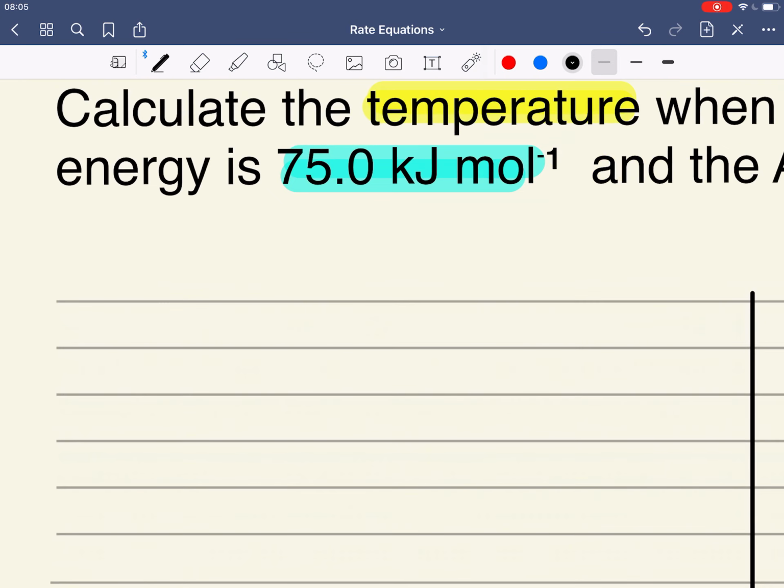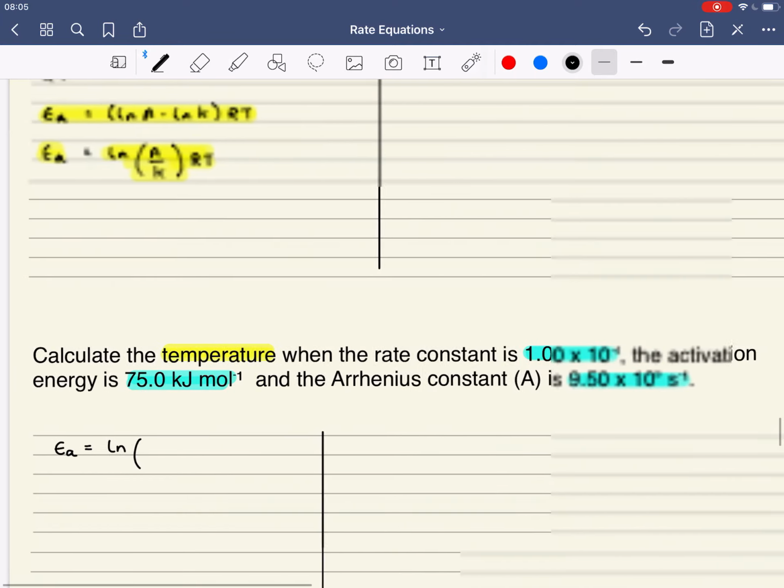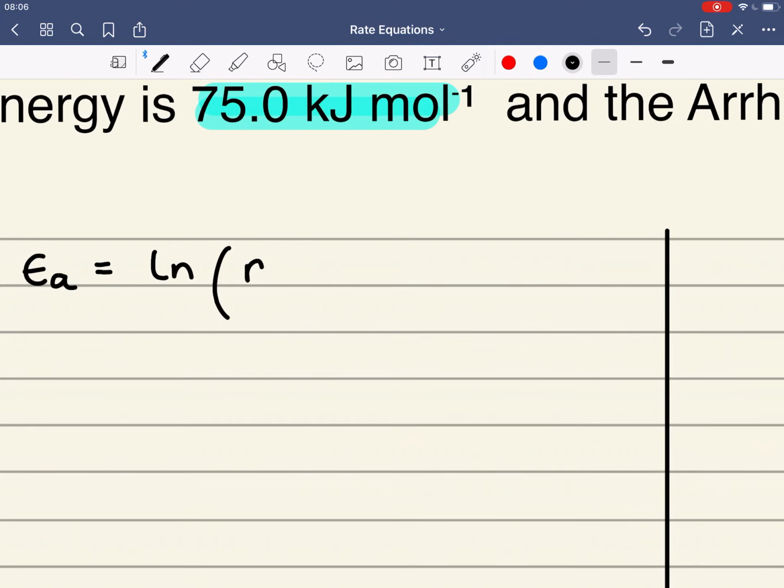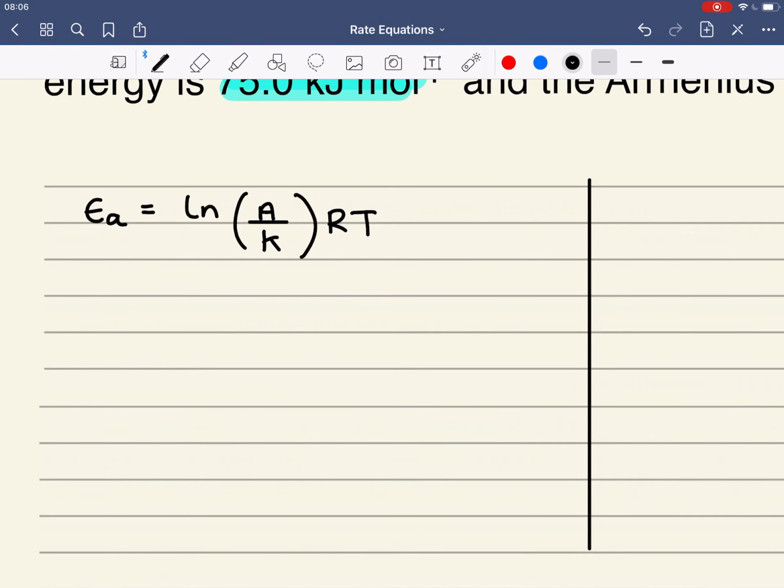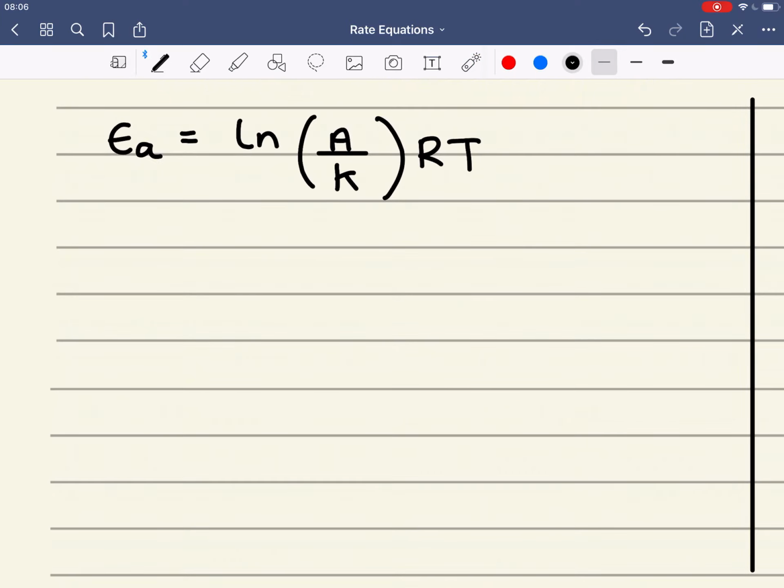So if we know then that EA is equal to ln A over K times RT, then all we need to do in order to get T is to divide both sides by ln A over